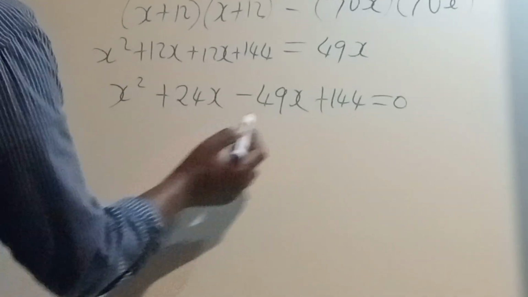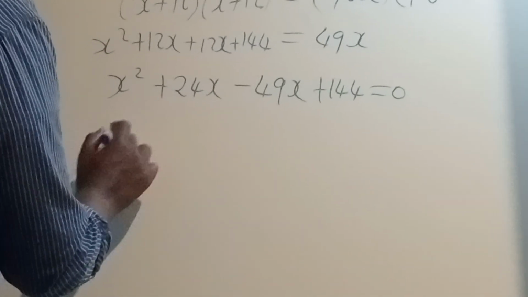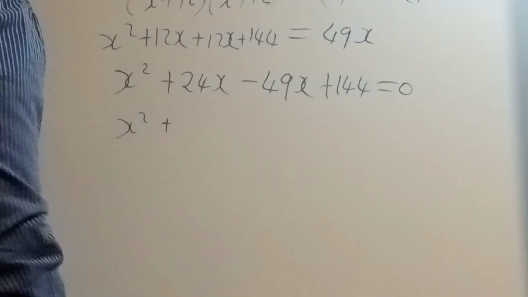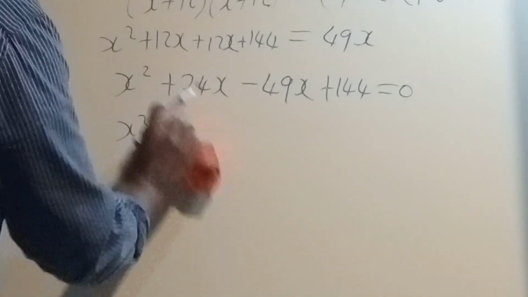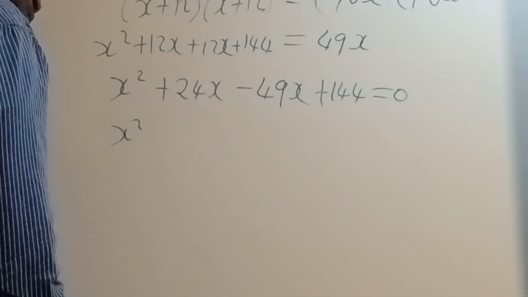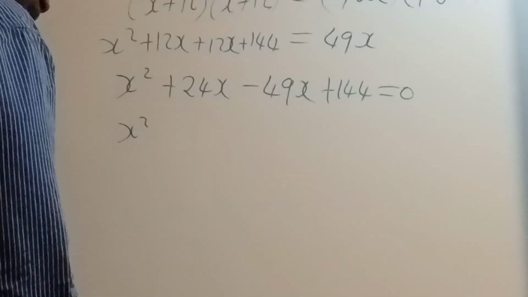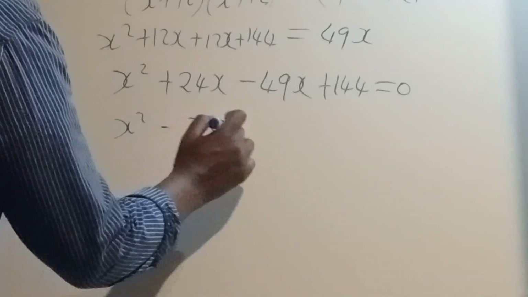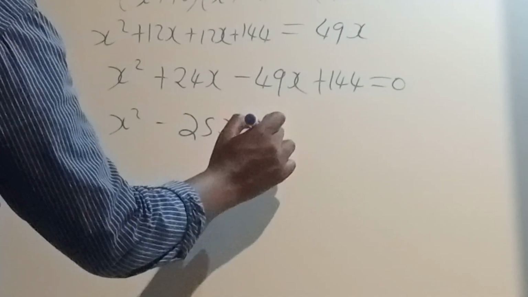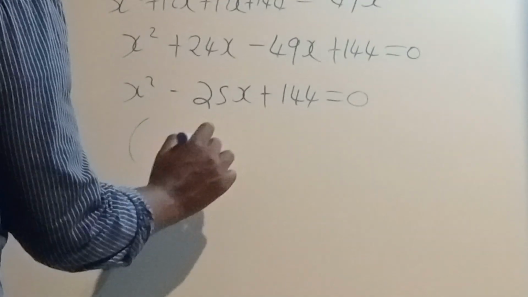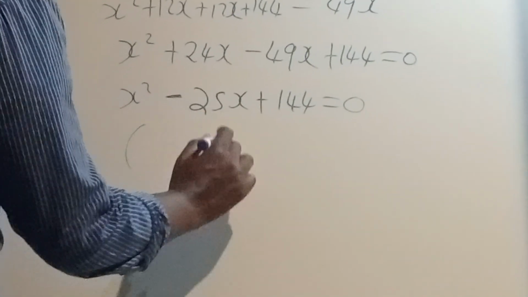Now our like terms are only these two. It means I'm going to have what? X squared plus, what is this answer? Oh, the answer will be negative, because we've got a small number minusing a bigger number. So 24 minus 49, the answer has to give us what? A negative 25x plus the 144 being equals to 0, which means now when I'm here, I can open two